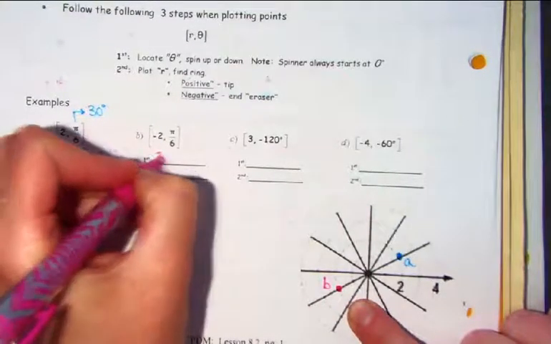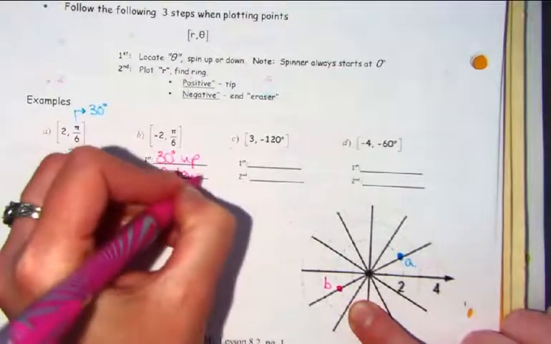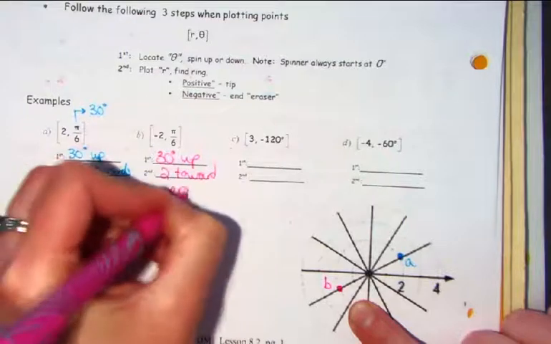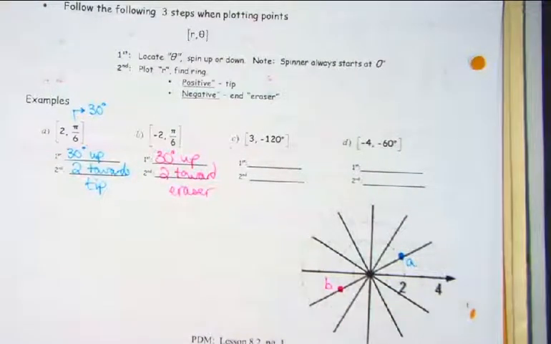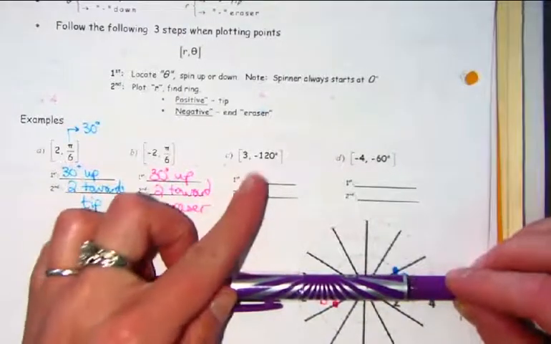So we went 30 degrees up, and then 2 toward the eraser. And we're going to see that these can also be in degrees, so we do have radian and degree modes that we're thinking of. This next one says we start here, we're going to move -120 degrees, so I'm going